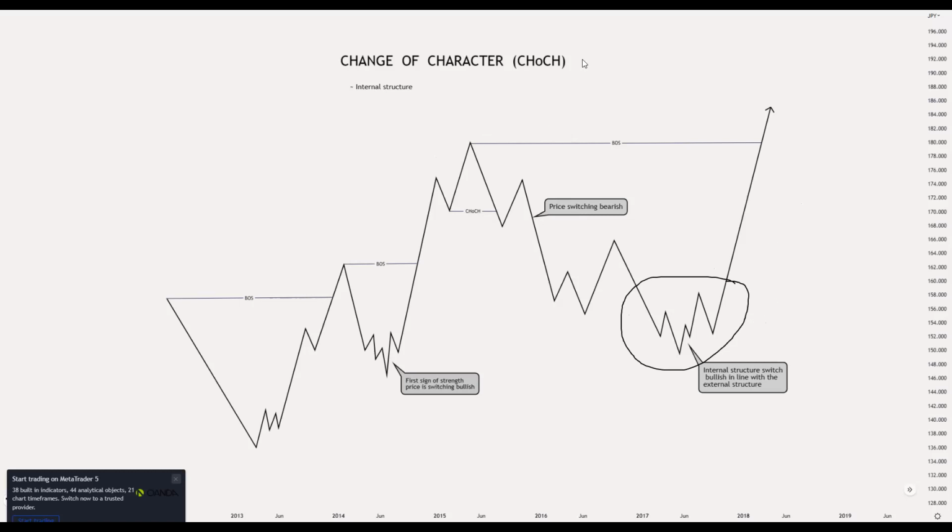But anyway, we're doing change of character here. So what happens is the price will be creating this. This is true for the smaller time frame and the higher time frame. The price will be creating higher high and higher low, higher high and higher low. The next thing, the price comes below this point. From there, we expect the price to do this and to change. So the change of character and